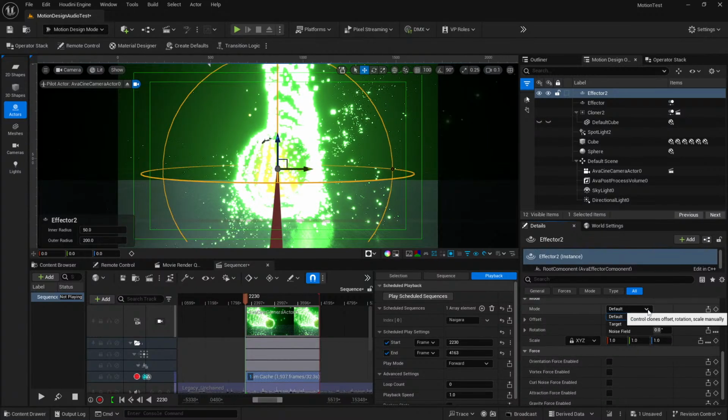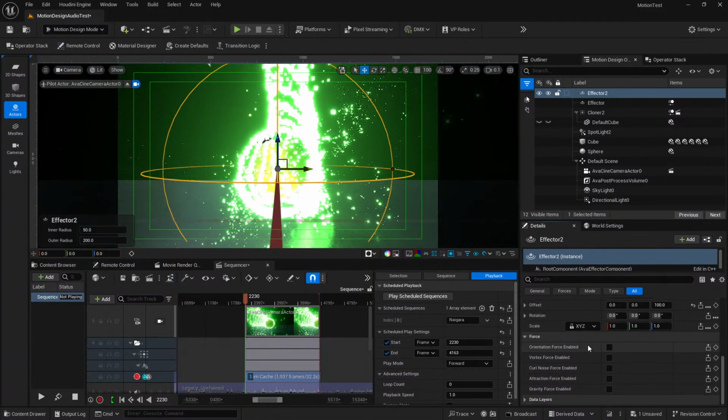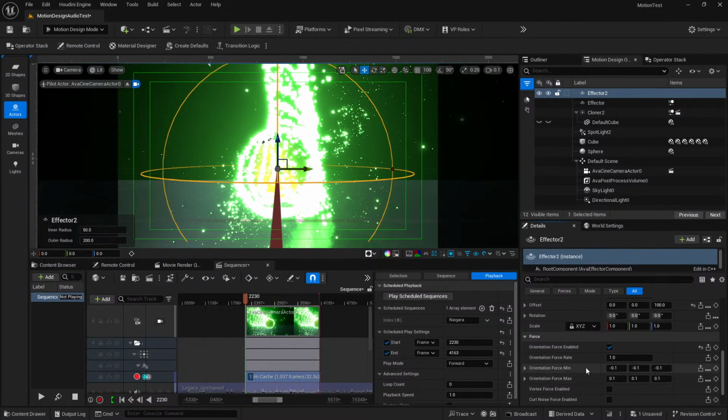And the mode itself can have different modes that you can try out. But what it's actually doing is applying forces, and this is where the real meat of it comes in. If we wanted to apply an orientation force, for instance, you'll find there's a bunch of example tutorials on this orientation force, allowing you to control the orientation of a cloner's content. So maybe what we'll do is